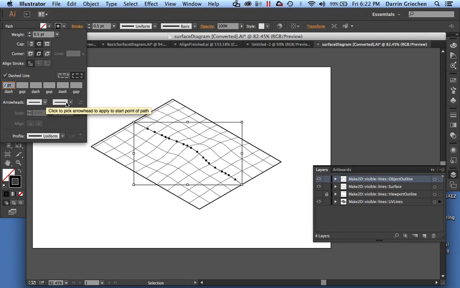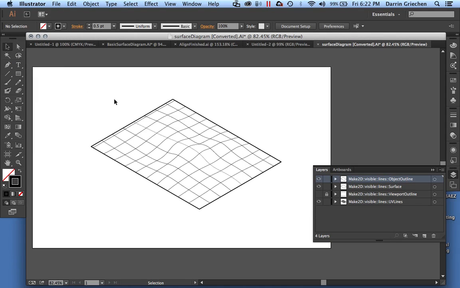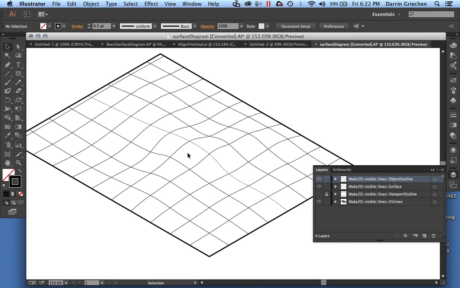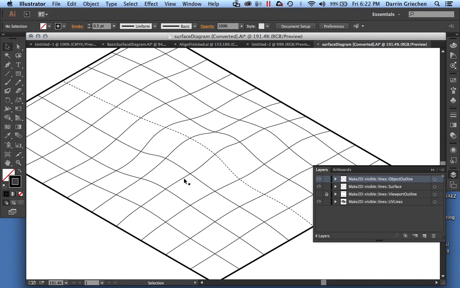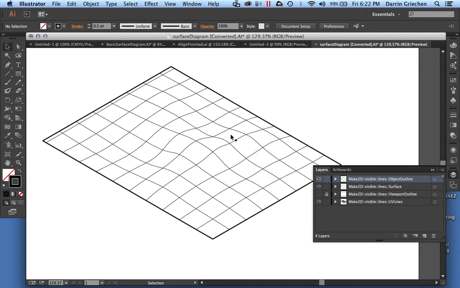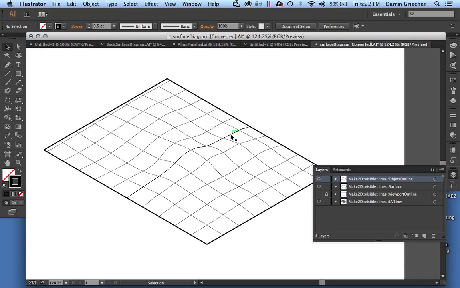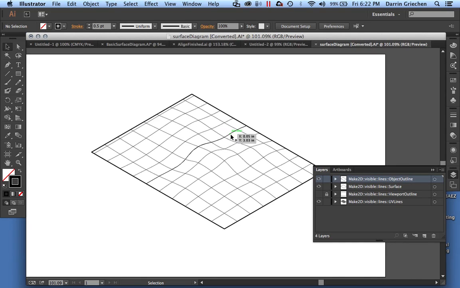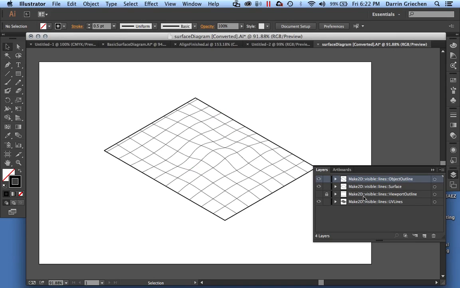We can also add arrowheads and some other things and control the way this thing looks that we'll get into a little bit later. But now let's zoom in there, and you can see that we've got our nice dash line there. I'm going to Control Z and undo that because I don't have any hidden lines at this point. That's how we change that stroke. So now we have that. Those are all set. So now let's just lock these guys